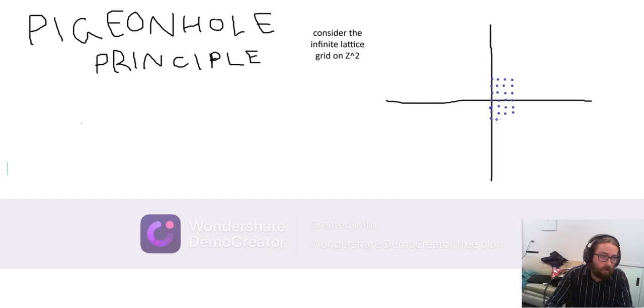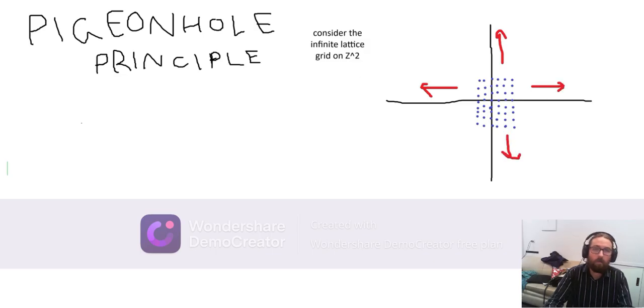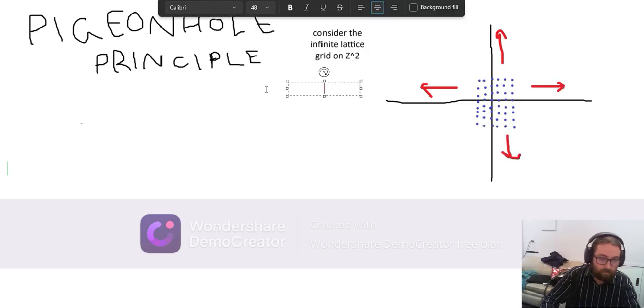I think I spoke a little bit about lattice grids in my video on Cantor and the infinity video, but we're going to have to redraw it again. I'm just going to do a couple of them. It doesn't actually really matter. The idea here is that this is going to go out to infinity in every direction. Now the question is,